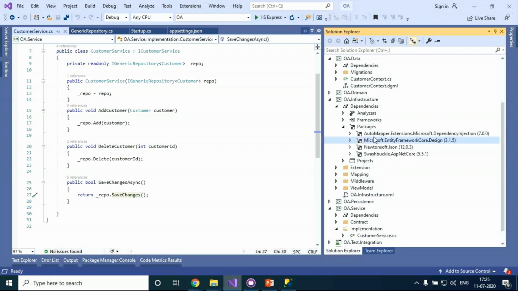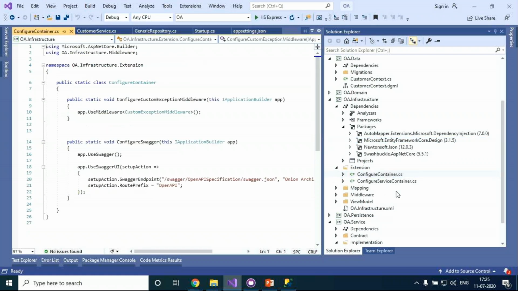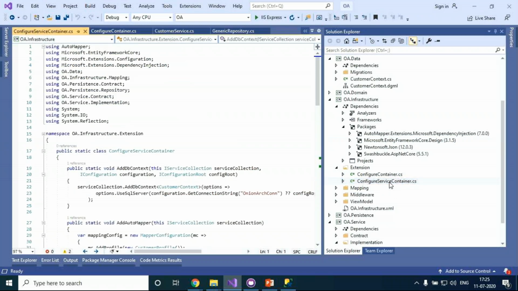And this configuration will be done with extension methods. This is nothing but, you can say, the dump for all third-party related stuff and configuration related stuff, everything taken care of in the infrastructure layer.